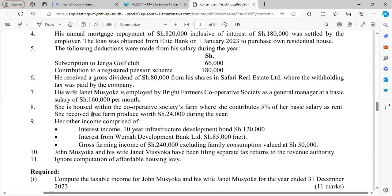Then note number 7 to note number 9 discuss the income and aspects of the wife. We are told his wife, Janet Musyoka, is employed by Bright Farmers Cooperative Society Limited as the general manager at a basic salary of 160,000 per month. She is also housed within the Cooperative Society's farm, where she contributes 5% of her basic salary as rent. And when you look at the notes which I have already provided in the group, you will realize that when you are computing the